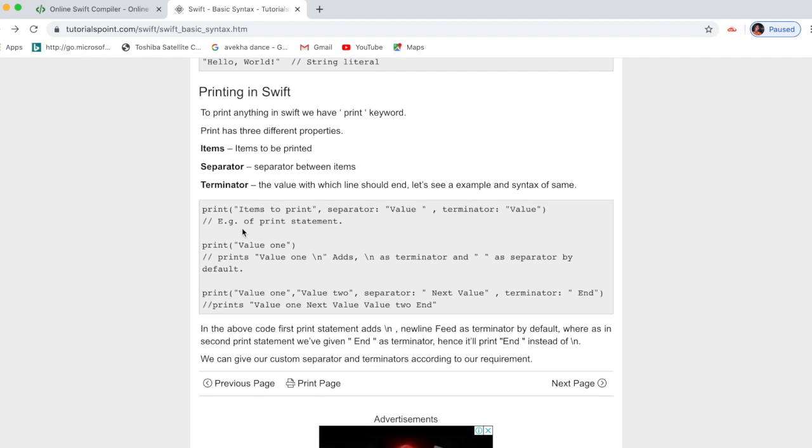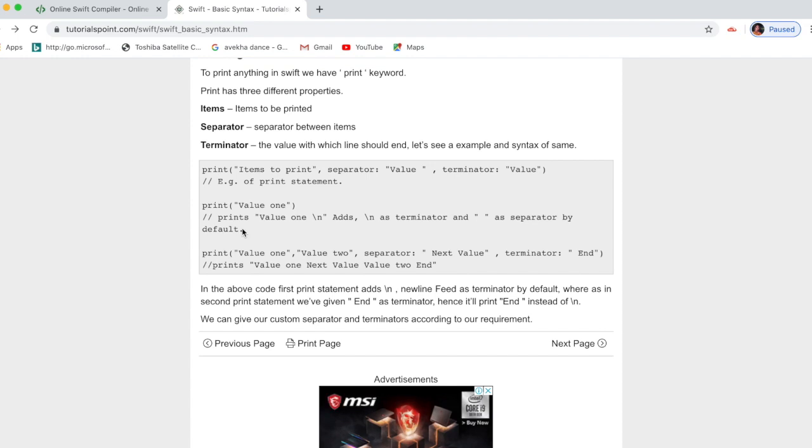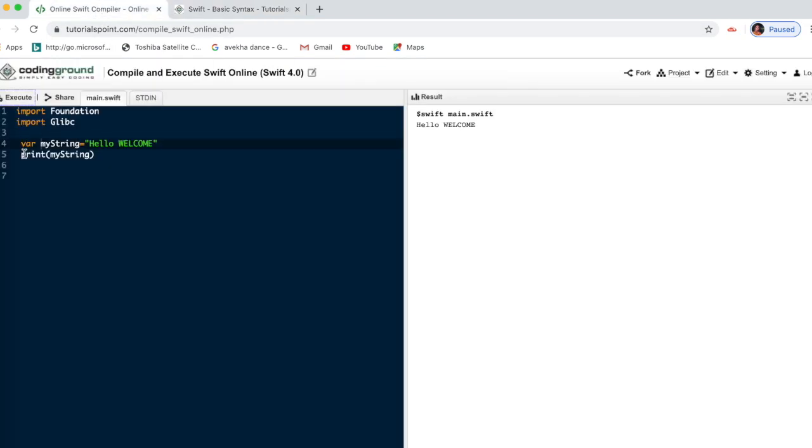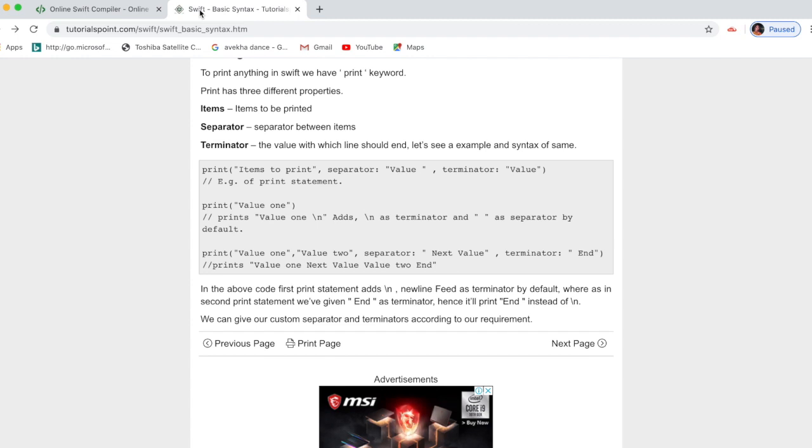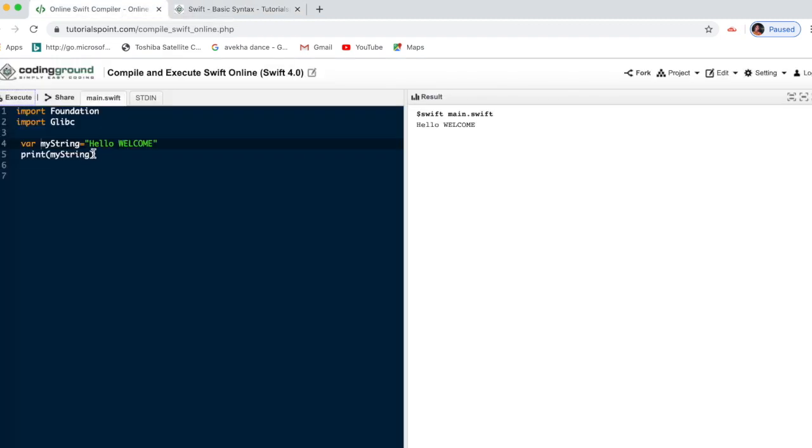Next thing is printing the value. How to do that? As I already mentioned, for the printing statement we have to write print and then the variable. This is one type of writing. I'm just showing another way. See, print, then we write the world, and I write \n is beautiful.